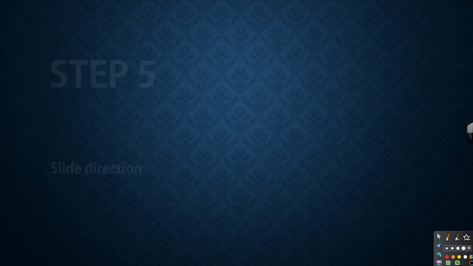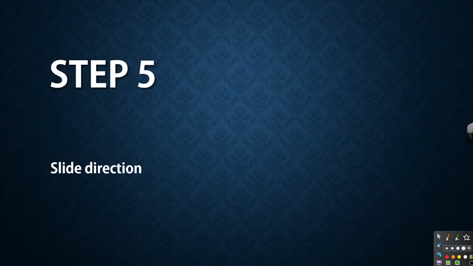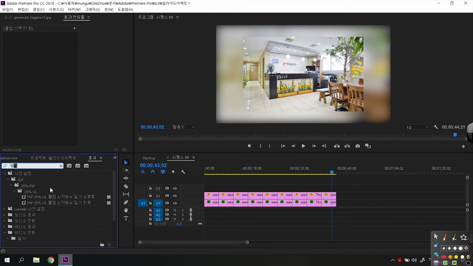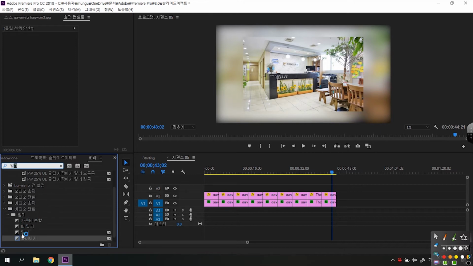Continue to the last class. I'm going to show you how we add the slide effect. Go to the effects panel and search for slide. You can see this on the video transition slide. Now drag it over to the timeline and put it right between first and second image on the first and